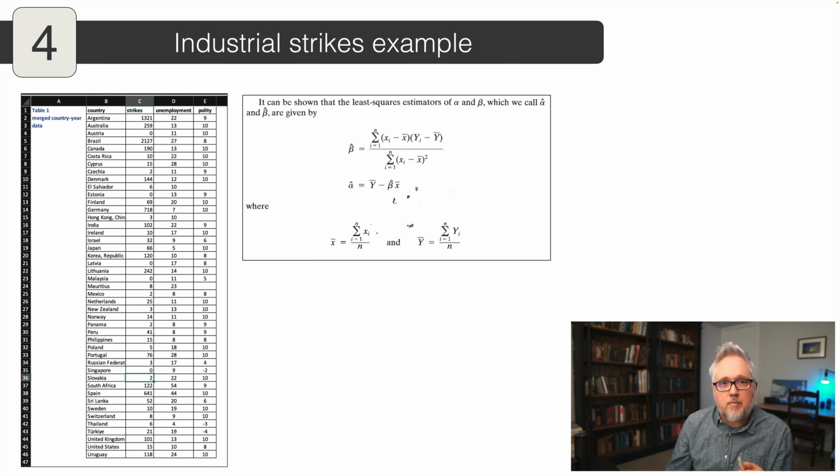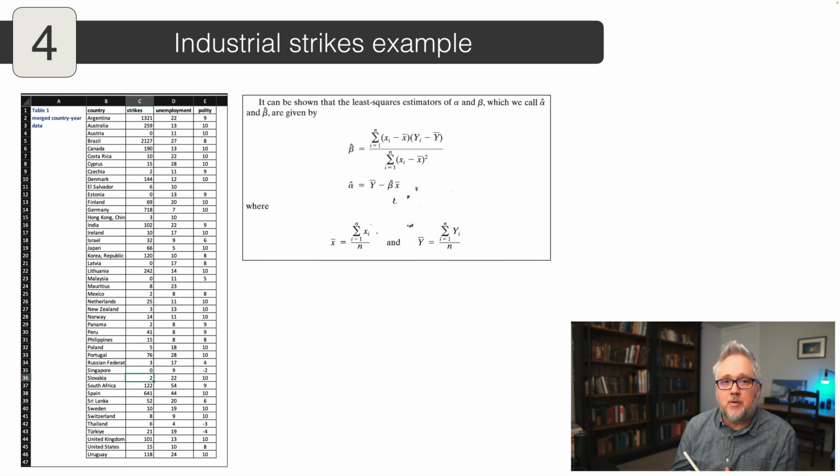But let's walk before we can run. And so I thought I would do another example in Excel in which we can have data here related to the Hibbs article for the number of industrial strikes taken from the International Labor Organization, and unemployment rates for these countries, so 45 countries in the available sample. Polity will be the third variable, which we're not going to see this week, but I'm just interested to see whether as unemployment goes up, the number of strikes goes up.